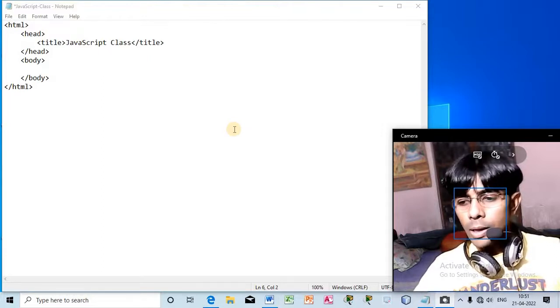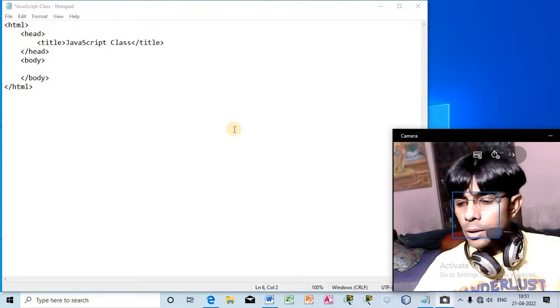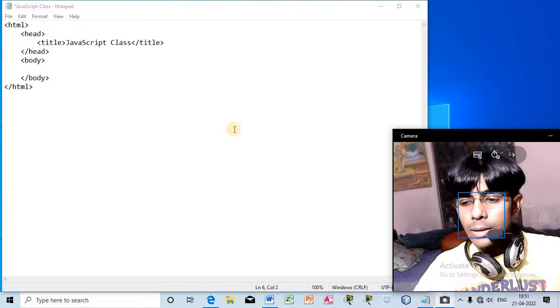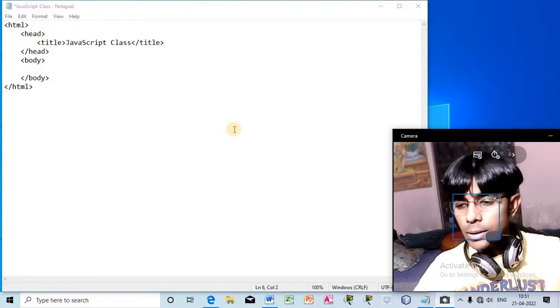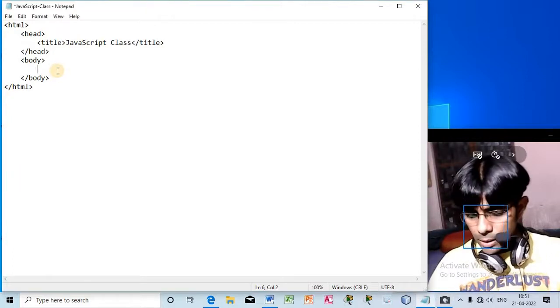So today we are going to create the same table of 1 to 10, but by using the do while loop. The do while loop is called an exit control loop. The while loop is generally known as the entry control loop. So what is an entry control loop and an exit control loop? Let me discuss. So here I will write